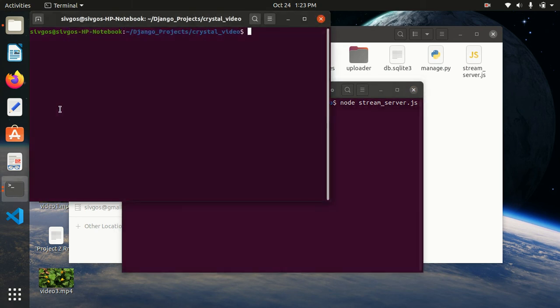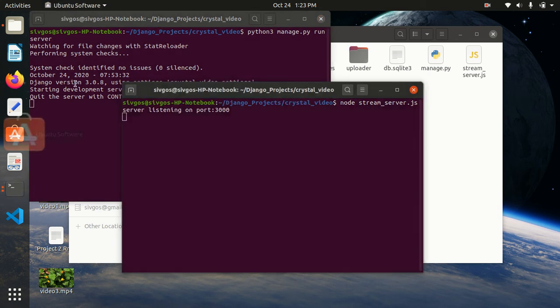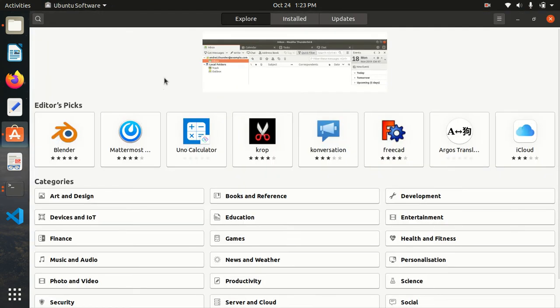And I'm using python3 manage.py, which is the code for running the Django server. So we have two servers running side by side, one at port 8000 and one at port 3000.